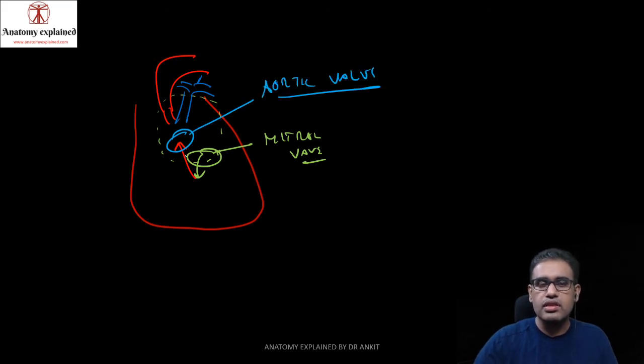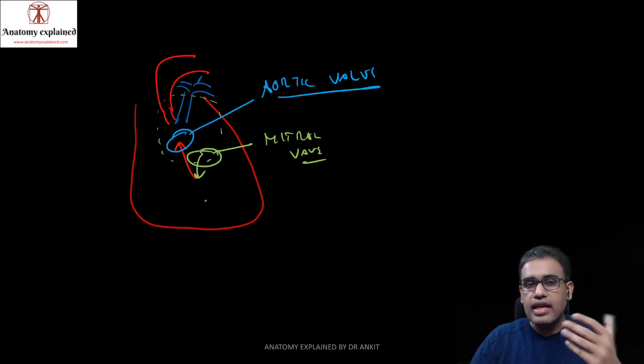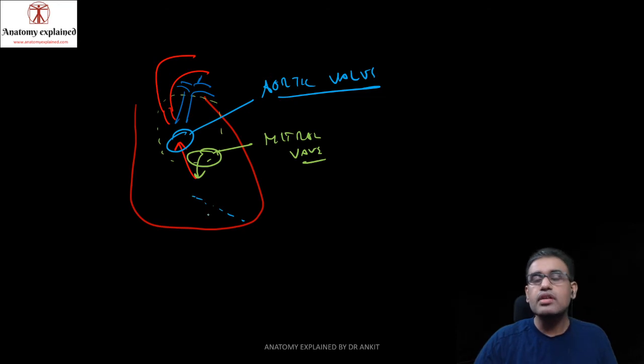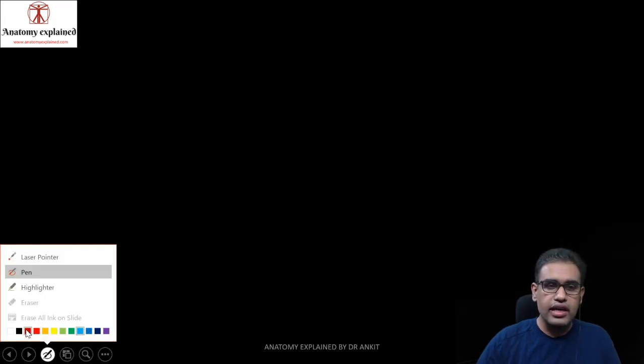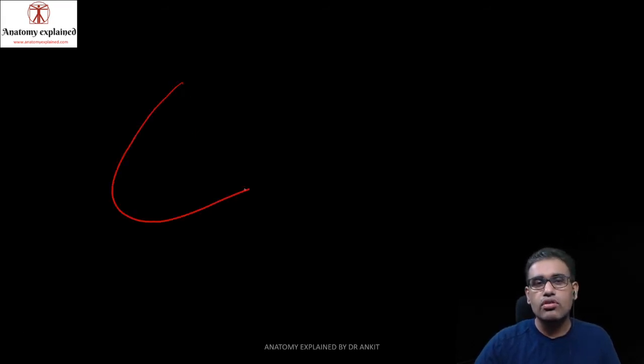Somewhere in between, because this LV is present more on the posterior side, so we are not looking completely at it from the anterior aspect. We are looking at the anterior, but you have to imagine it in 3D. This LV chamber is slightly more on the posterior side, as it forms more of the diaphragmatic surface. So this is your part of the LV. Now, if you look from here and cut open the chambers of the LV, how will they appear? Imagine this is the whole left side of the heart, and you're cutting it open.